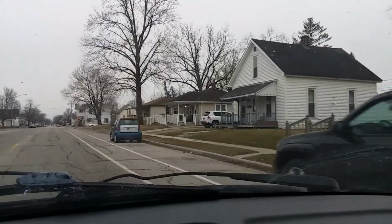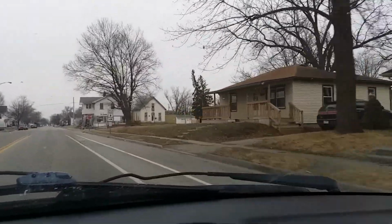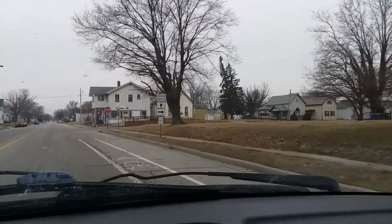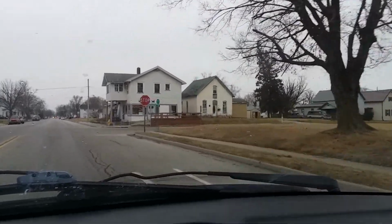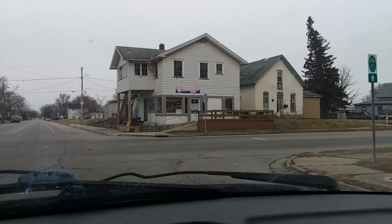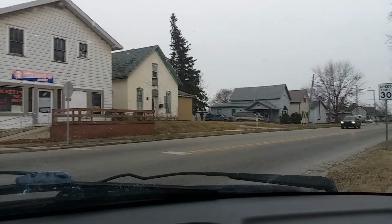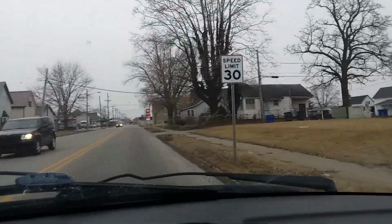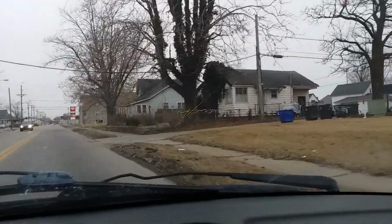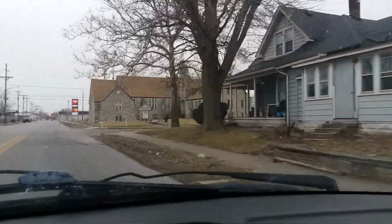But basically what I'm trying to say is, the ghetto is a mentality more so than a physical location. Basically that's what I'm trying to tell you people. So when I drive through these areas that are low income,